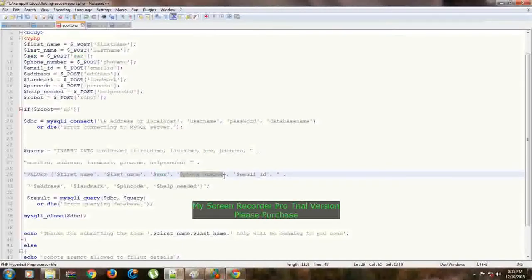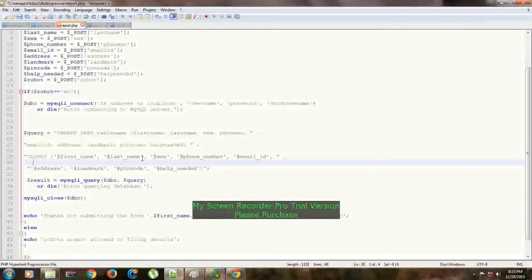We are going to store the data in these variables into the columns of this particular table. So insert into table name, and we need to specify what columns it is. These are all the columns, and the number of columns here should match the number of columns here, right? And here the insertion takes place. This is the query and this is the thing which runs this query.